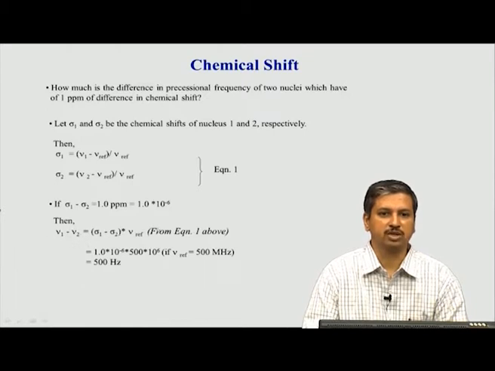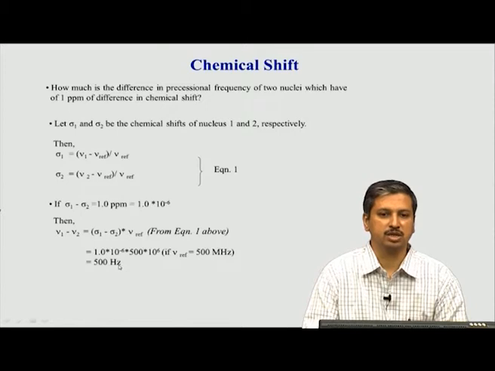If you look at this equation here above, this is coming from the last slide, which showed you how we get the chemical shift. All we want to do is simply subtract these two. If you subtract these two, you will get 1 ppm, and you can convert it into this difference in hertz. And remember, this mu ref is known to us. Let us say we are working at 500 megahertz, which is 500 into 10 to the power 6, and 1 ppm is 1 into 10 to the power minus 6. When you multiply, you finally get only 500 hertz.